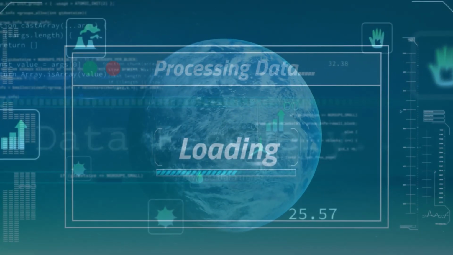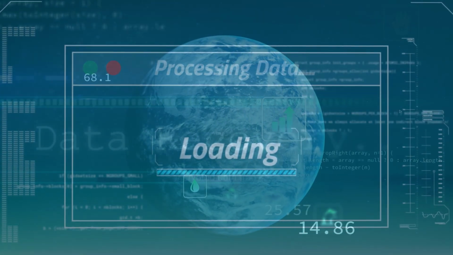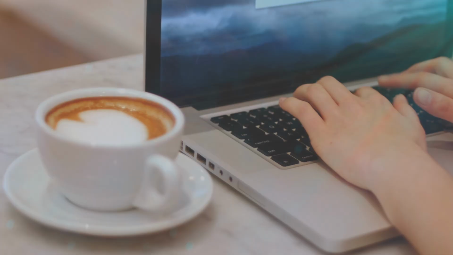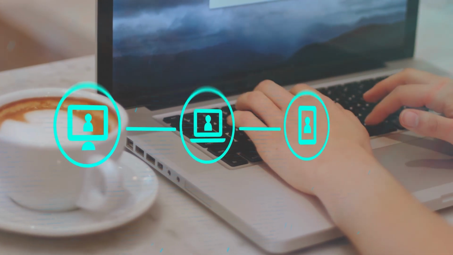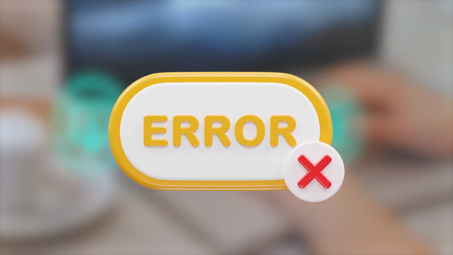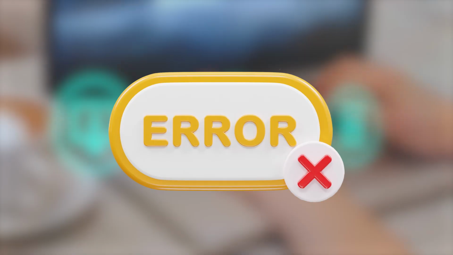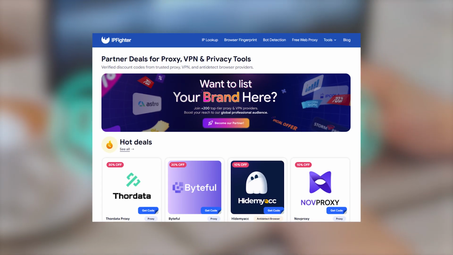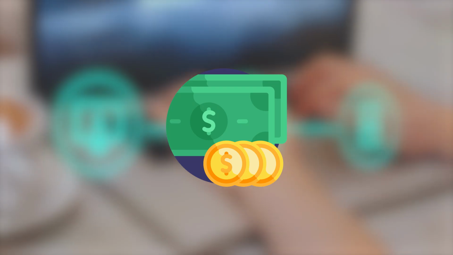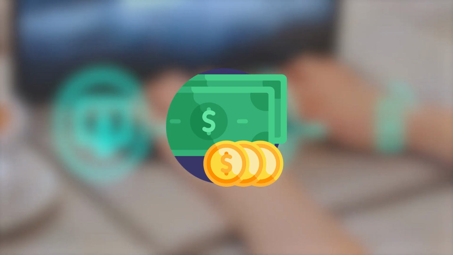The platform collects data from your IP and browser, such as your IP type, operating system, and browser configuration, then compares it with real user behavior to generate an overall score. This allows you to check your setup before using a proxy and identify potential leaks or issues in your browser. In addition, IPFighter also features a built-in coupon system, helping you save money when using proxy, VPN, or anti-detect browser